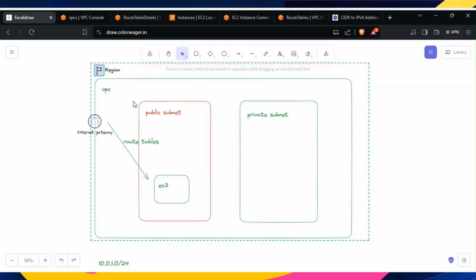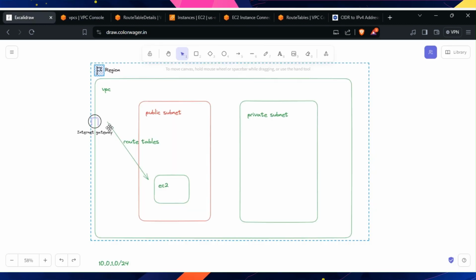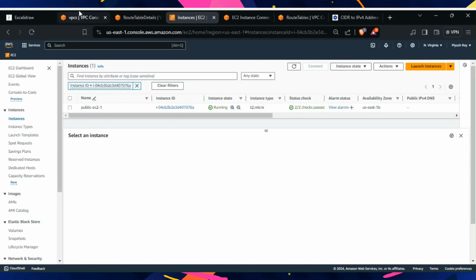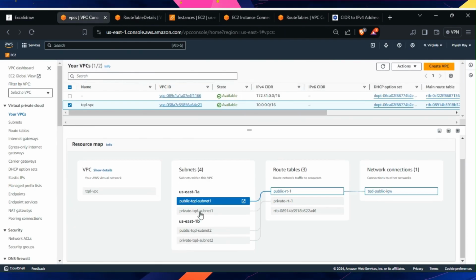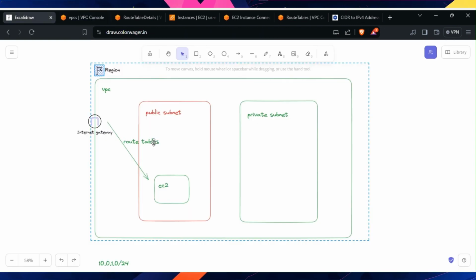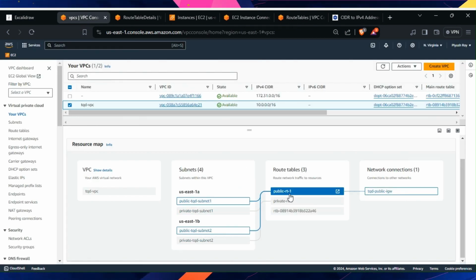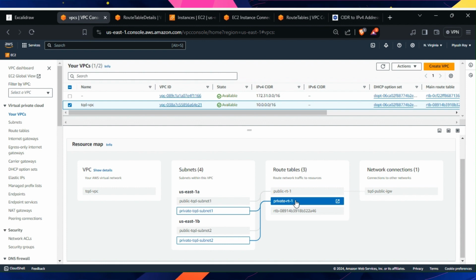पहले हमने क्या किया, हमने एक VPC क्रिएट किया. Okay, this is the VPC. उसके बाद में हमने उसके अंदर 2 पब्लिक और प्राइवेट सबनेट बनाए. If I show you the subnets here, these are the subnets. ठीक है, उसके बाद में हमने पब्लिक सबनेट को चुना और उसको इंटरनेट से कनेक्ट किया. उसके लिए हमने दो रूट टेबल बनाई, first one for the public and second one for the private. अभी सिर्फ